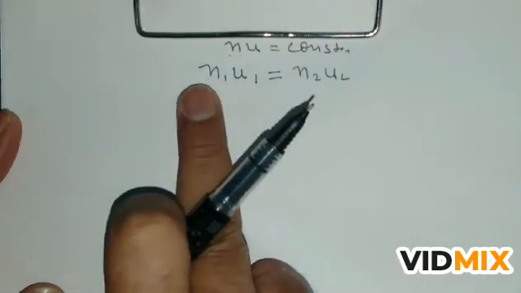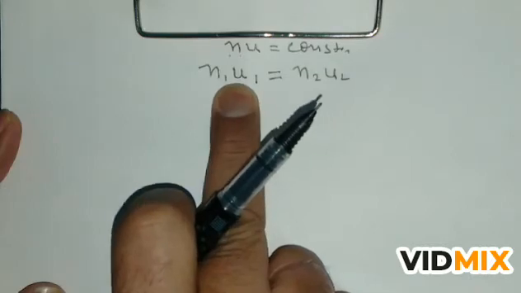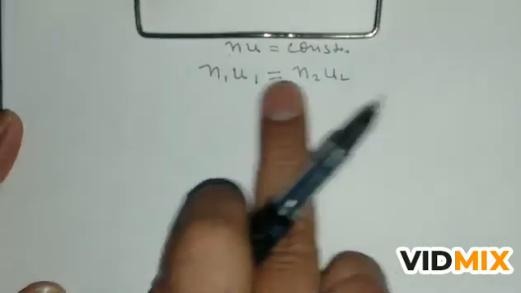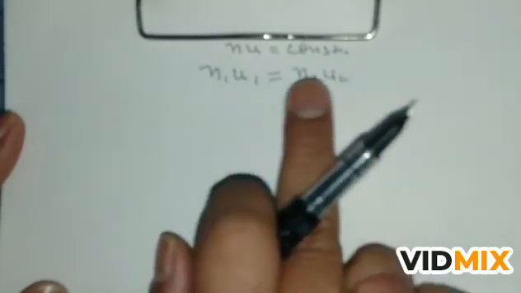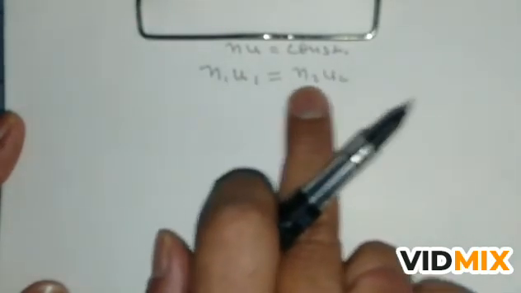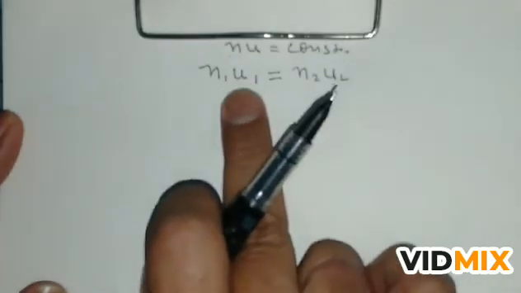सपोज हमारे पास एक यूनिट है, एक क्वांटिटी है जिसको हमने इस यूनिट U1 में लिया हुआ है, हम उसको कन्वर्ट करना चाहते हैं दूसरे वैल्यू में. तो लेकिन उसका मेजरमेंट तो सेम रहेगा, but we can change the unit. सो इसका नंबर भी चेंज हो जाएगा, इसलिए हमने इसको N2 लिया है और इसको U2 लिया है. तो N1 U1 इज इक्वल टू N2 U2, ये हम देखेंगे.